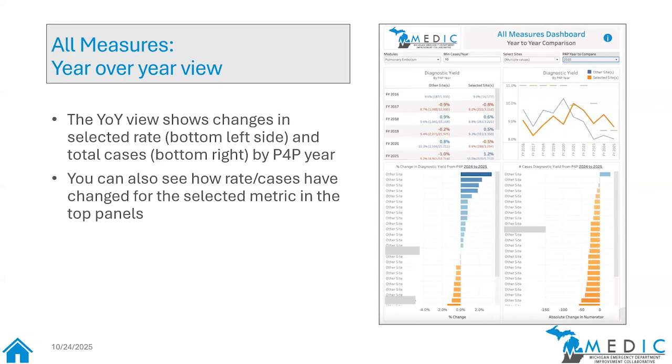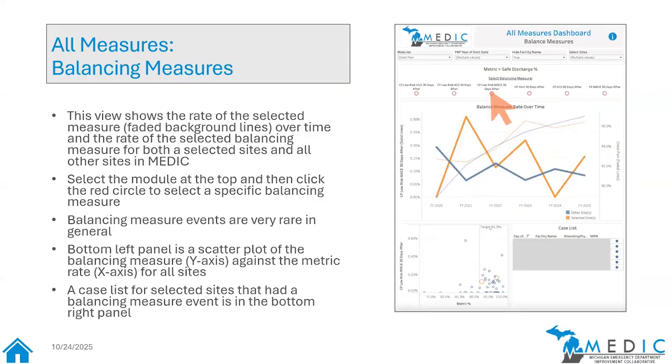And we can certainly, like all these views, talk in more detail in the next session. This is very complex, and I wanted to spend a moment on this too. This is the balancing measures view. We introduced the balancing measures a couple of years ago as a way to make the argument that as we do things like cut down on the number of chest X-rays and discharge more people with low-risk chest pain, we are not increasing the rate of negative events. Like, for example, a low-risk chest pain patient discharged and then coming back with a heart attack within the next 6 months or 3 months.